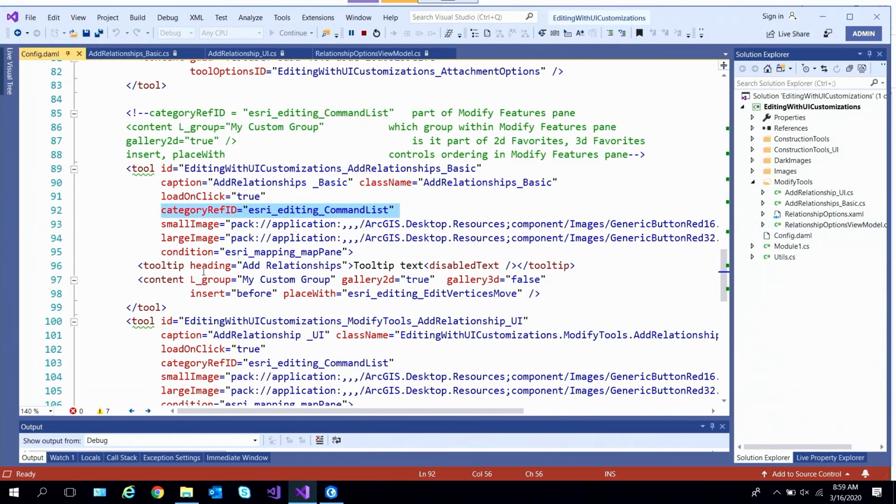And in addition, I've also said I want to have a group, and my group is my custom group. I also want the tool to appear in the favorites on a 2D map. I'm not interested in having it appear in the favorites for a 3D map. And I also want to use the same attributes that we had with construction tools earlier, where I can position